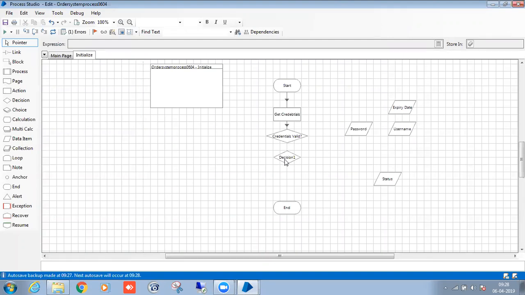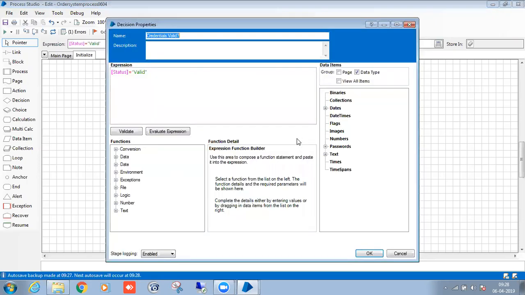Depending upon your project, suppose you are interacting with two applications in a single project, then two applications will have two credentials, so you have to do four conditions here. And suppose you are using two Excel sheets, for the two Excel sheets you have two separate paths. Two separate paths also you have to check in real time.